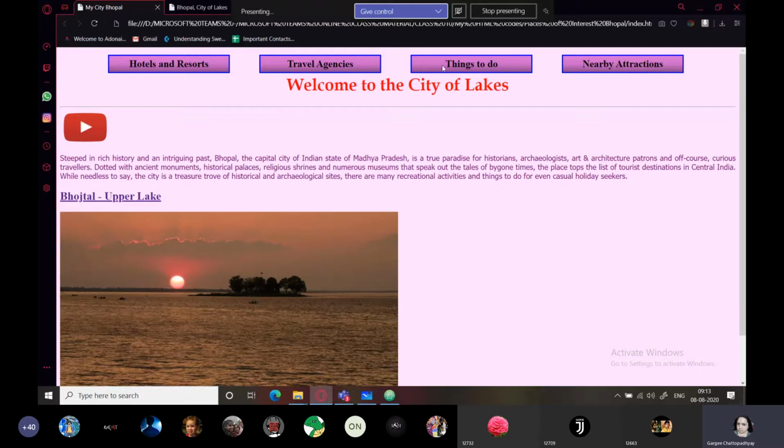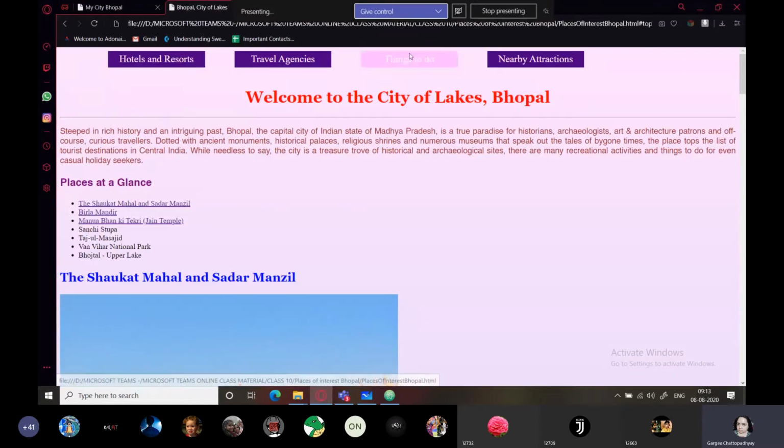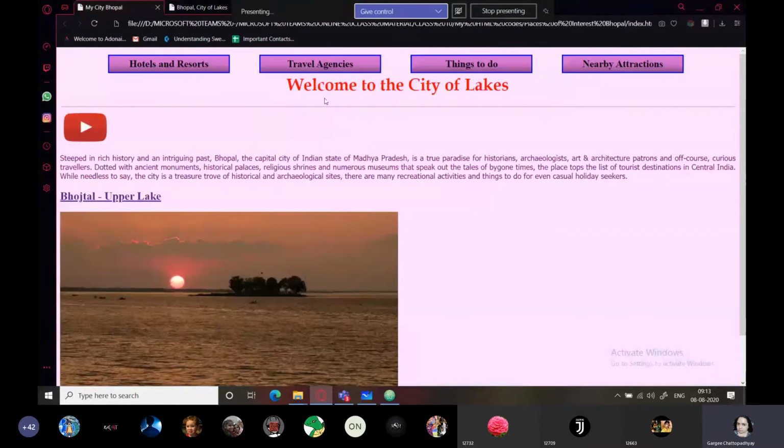So this is how I have just created the menu right now. Now what I need is this hover style. Whenever I place my mouse pointer on top of this, it should change color. So for this, I'll have to use a lot of hit and trial. Okay, so how to do that? Whenever I place my mouse pointer on it, I have decided that I want this text to turn white and this linear gradient to get a lighter shade. Okay, that's all I want whenever I place my mouse pointer on top of this. So how to do that?